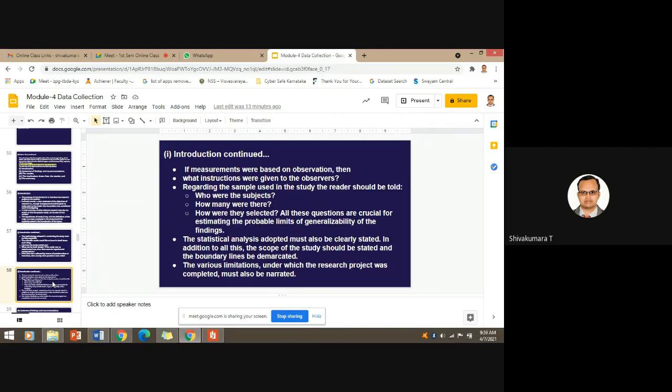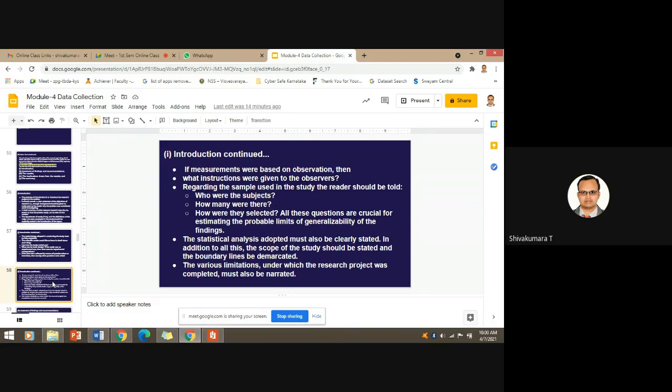The statistical analysis adopted must also be clearly stated, which methods are used. So, for you as an RM course, statistical sampling and statistical methods are actually not included in your discussion. But if any are needed, if you find them as a researcher, you can include them also in the introduction chapter. In addition to all this information, the scope of the study should be stated and the boundary lines be